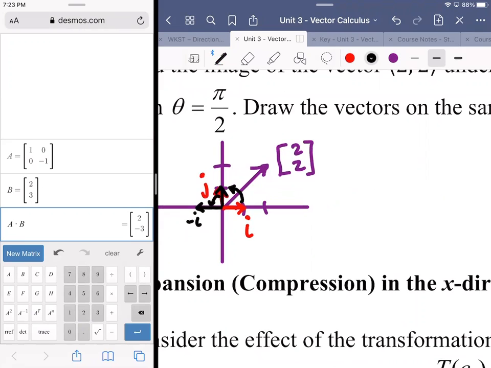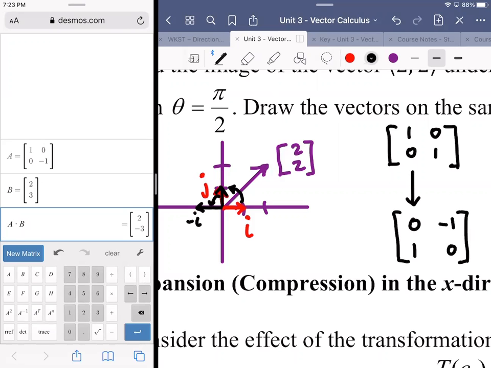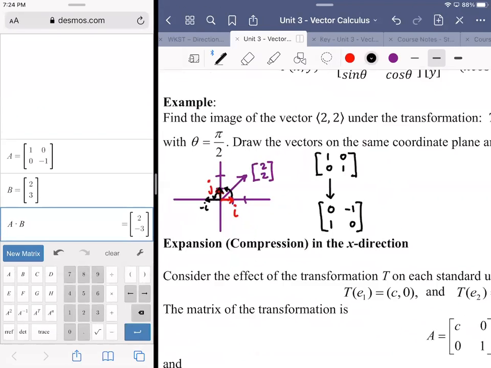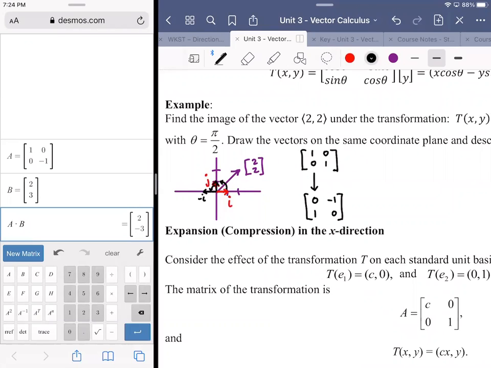All right, so we're starting off with the standard vector, standard matrix, identity matrix. The 1, 0 is going to where J is. So the I is going to where J is, so that's 0, 1. The J is going to where negative I would be, which is negative 1, 0. Right? It's pretty clean because it's a 90-degree movement from our unit vector. So all I would have to do is multiply the 0, 1, negative 1, 0